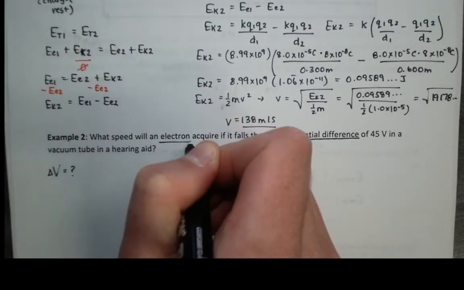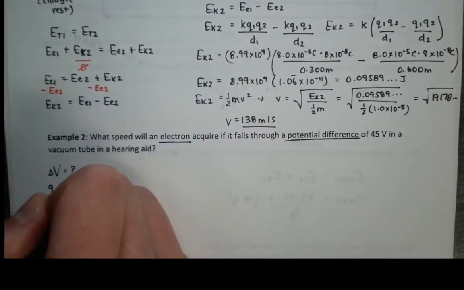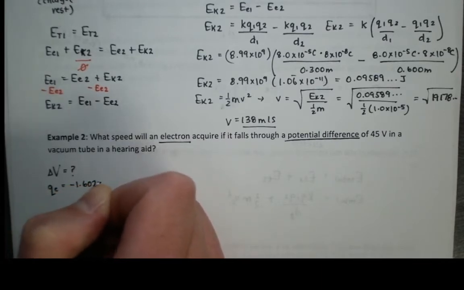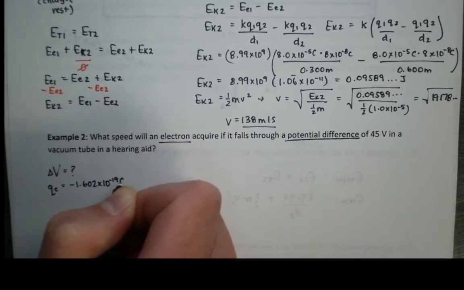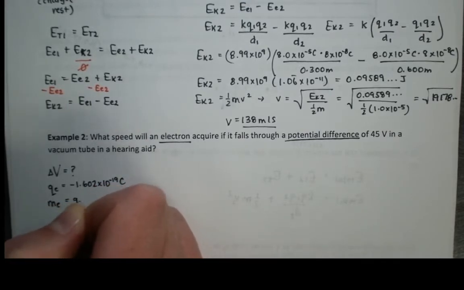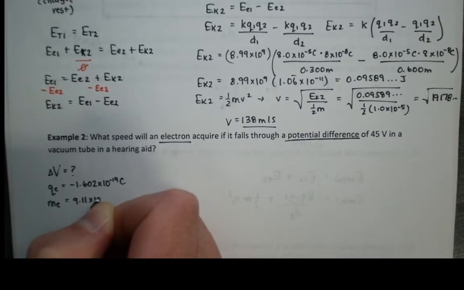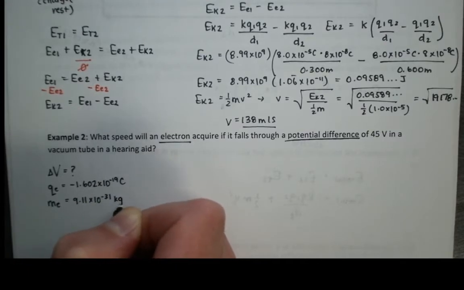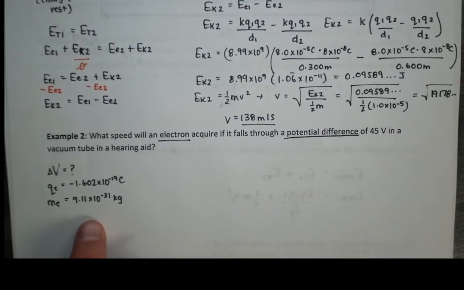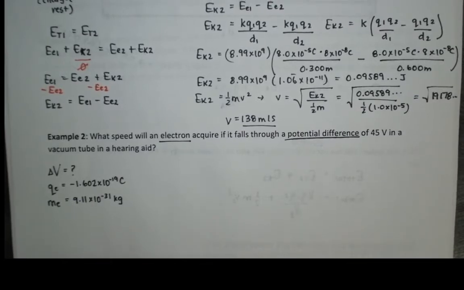We're talking about an electron, so we know a couple things about an electron. An electron has a charge of minus 1.602 times 10 to the -19 coulombs. We also know the mass of an electron. It's 9.11 times 10 to the -31 kilograms. If you forget these, I think they're on your formula sheet. I didn't bring the formula sheet today, of course, but it's definitely at the top of your daily task. We're looking for